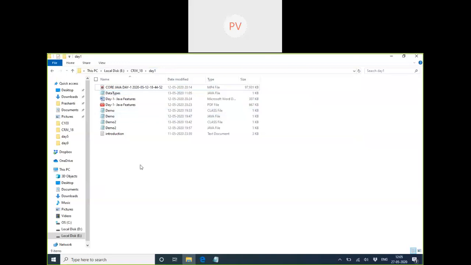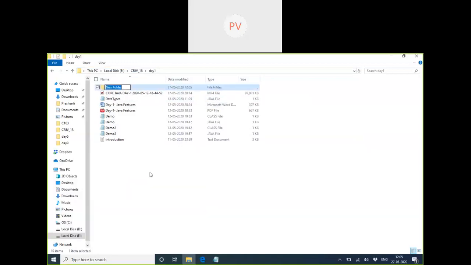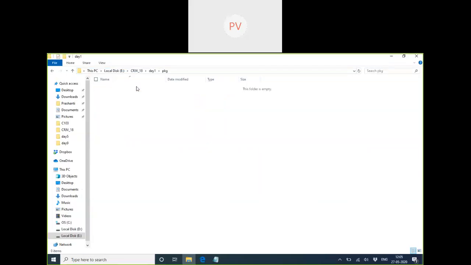But what's the folder we created at this point? Inside day 1. Means if there was a folder, I would have created like this. Means the path is like this. If I'm able to go into this path, definitely there will be a folder. So if I create a package folder here, that means I can go inside that also. This path I can go only by clicking it here. Means this is my path code.